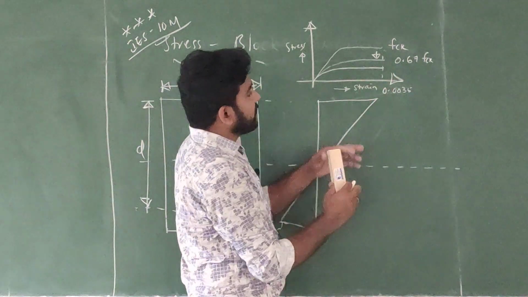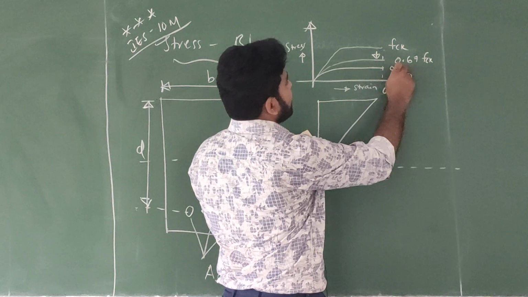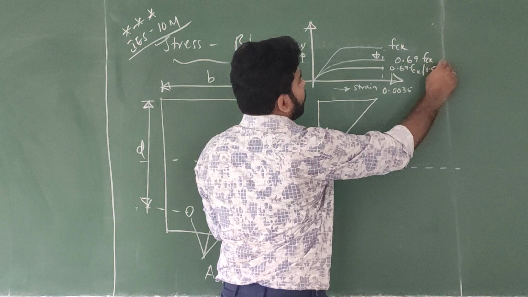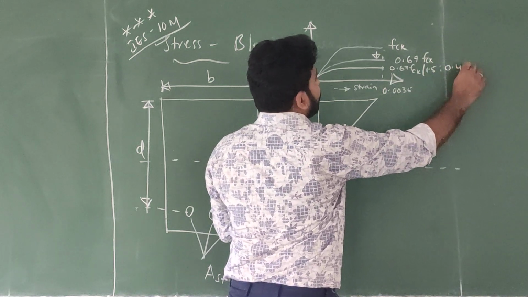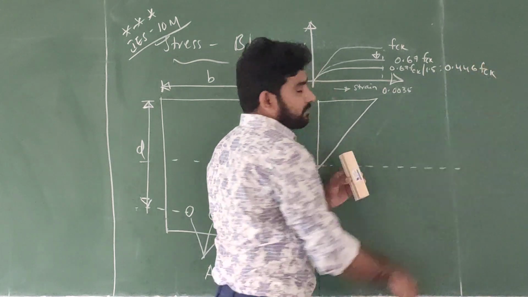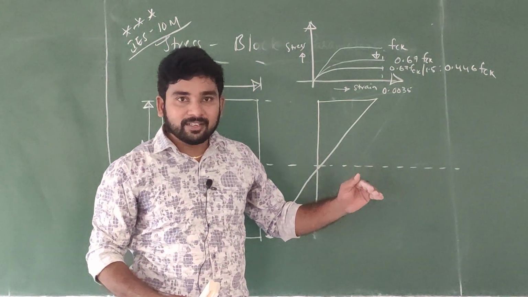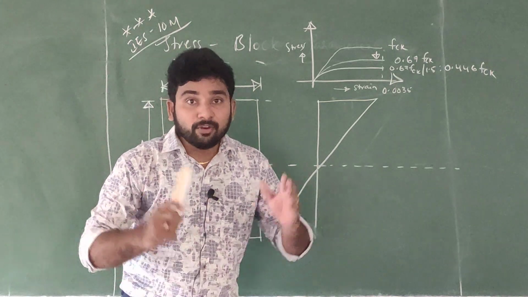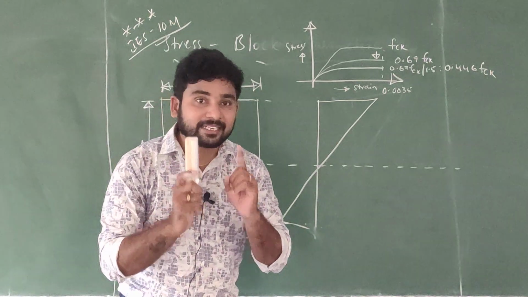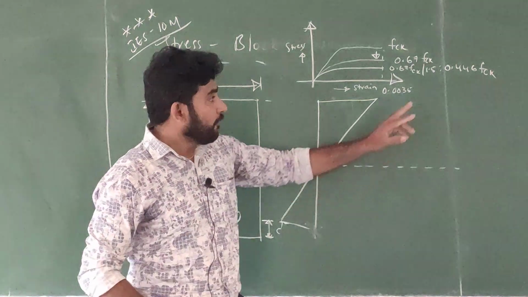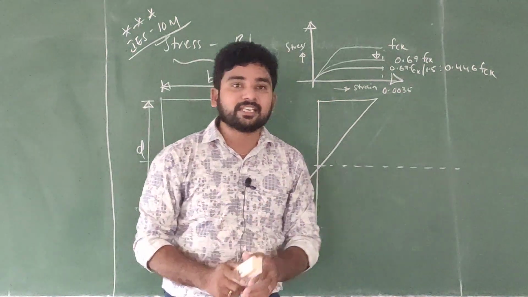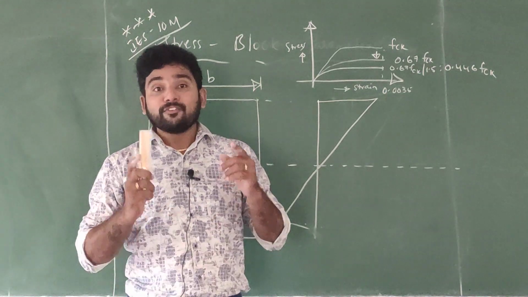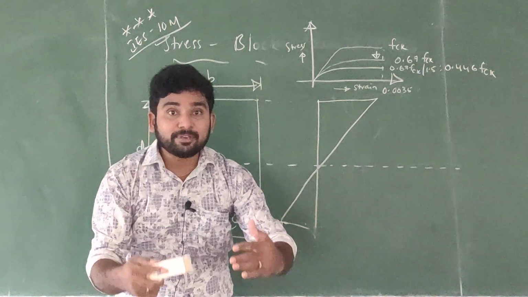What is the partial safety factor for concrete? 1.5. So once again you will apply 0.67 fck divided by 1.5. Then what is the value? 0.446 fck. It is nothing but, theoretically in the laboratory, when you test any member it will give 100% strength, but practically you are considering only 44.6%, not even 50% of the strength in the field, meaning you are underestimating the strength